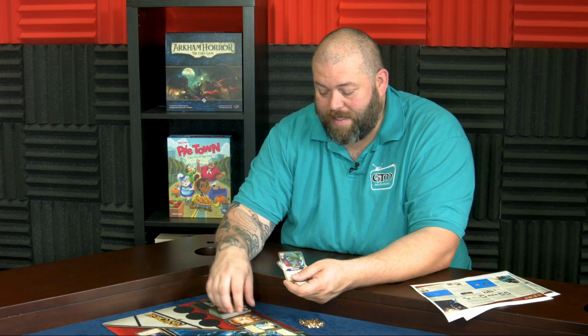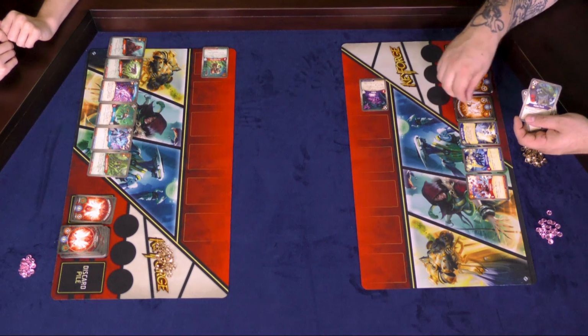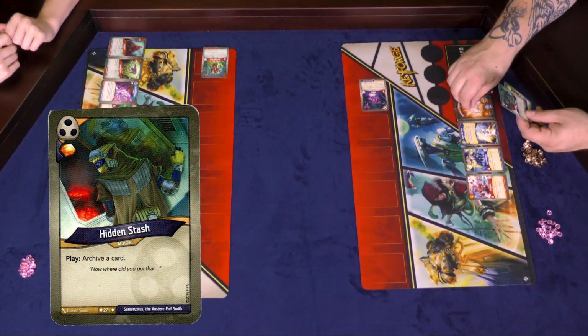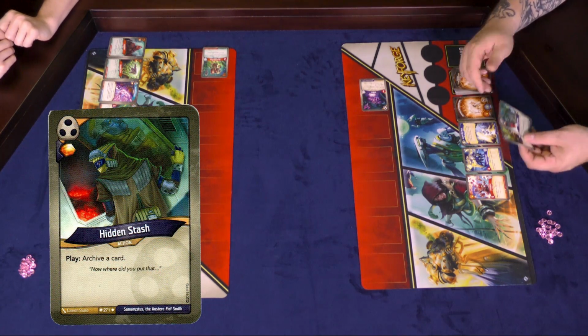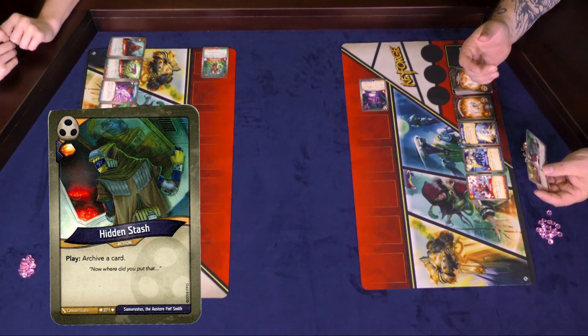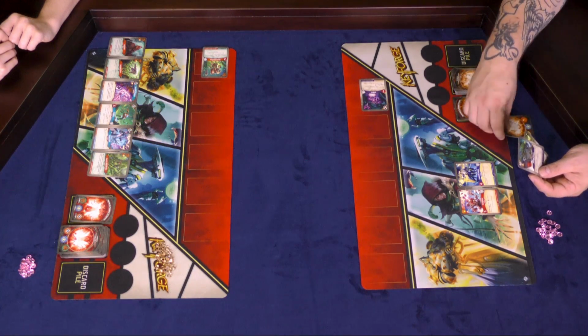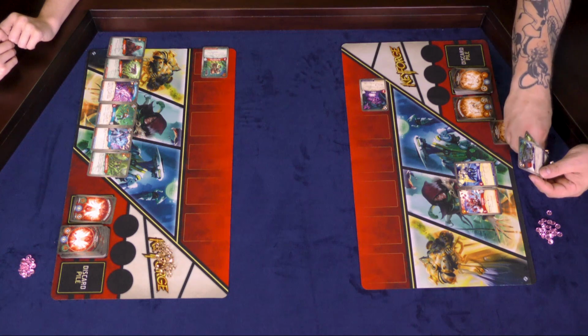Once you get 6 at the beginning of your turn, if you have 6 ember, you can forge a key, and you should. But this one, Hidden Stash, says archive a card from your hand, and I want to do that. I'm going to go ahead and archive the Protect the Weak. So that will go upside down, right next to my archon, because later on with archive, at the beginning of your turn, you can pull archived cards into your hand